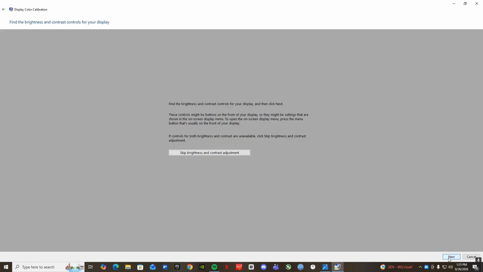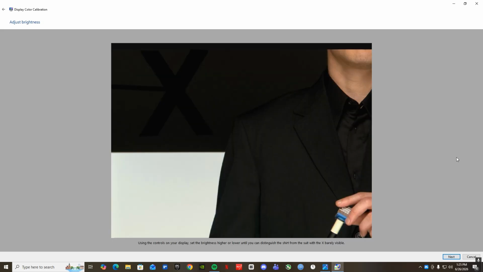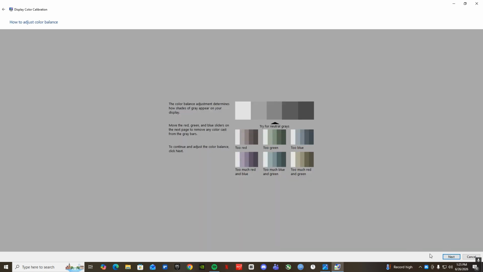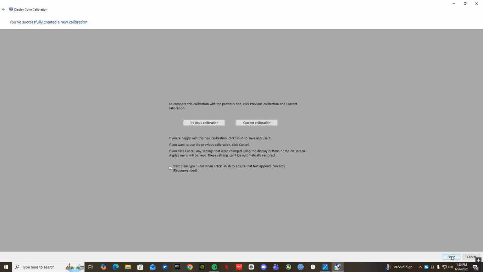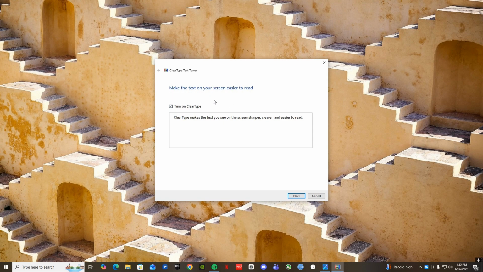If your screen is too dull, you can higher the brightness. If it's too bright, you can lower the brightness. It just depends. Right over here, as you can see, it explains it. So if you're seeing any problem like this, you can just calibrate it like this, and it's just showing the perfect examples of your contrast and whatever off screen. So you can choose the settings and you can do it, and you could just color calibrate your screen, and